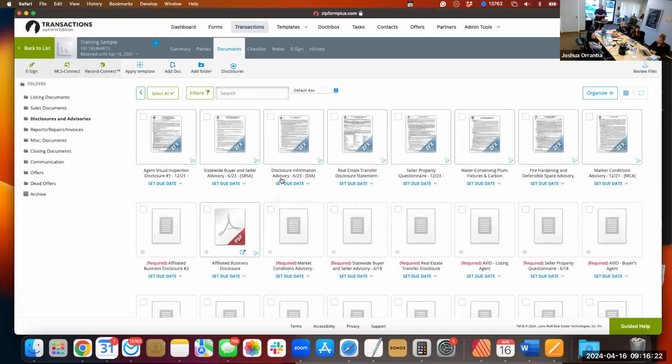So as you can see here, this is our disclosures and advisories. As a listing agent, I have a larger responsibility to disclose, so I have more forms. I have my agent visual inspection, the statewide buyer and seller advisory. You have that disclosure information advisory if you feel like that's something you want to give to your clients before you give them their disclosure, so they can read the darn thing and understand why they have to disclose. Pretty smart idea. Transfer disclosure statement, seller property questionnaire, the WCMD, the water conserving fixtures and the carbon monoxide detectors,